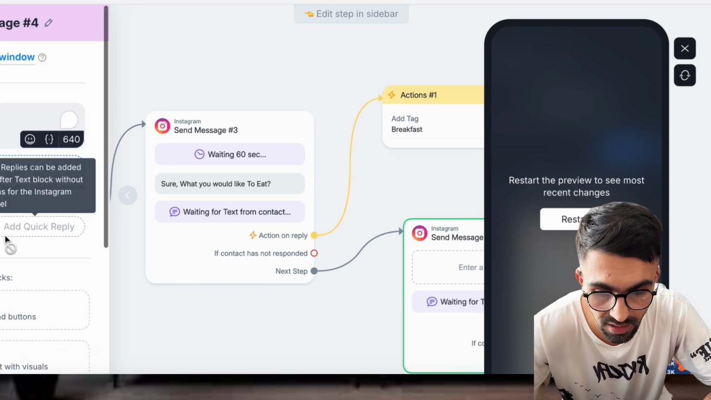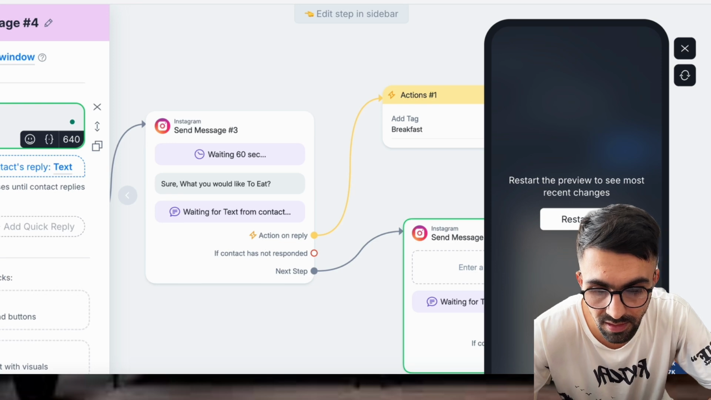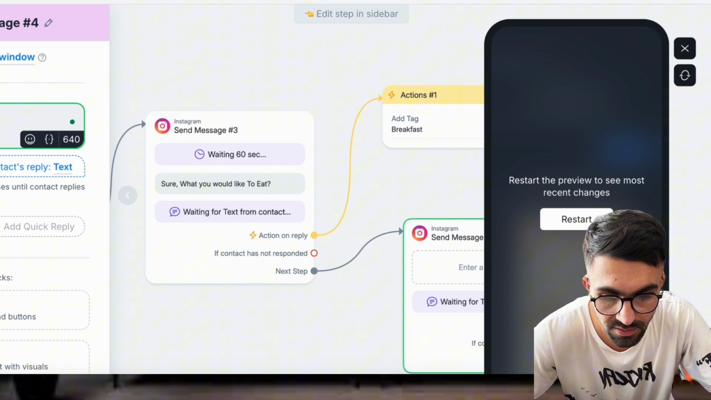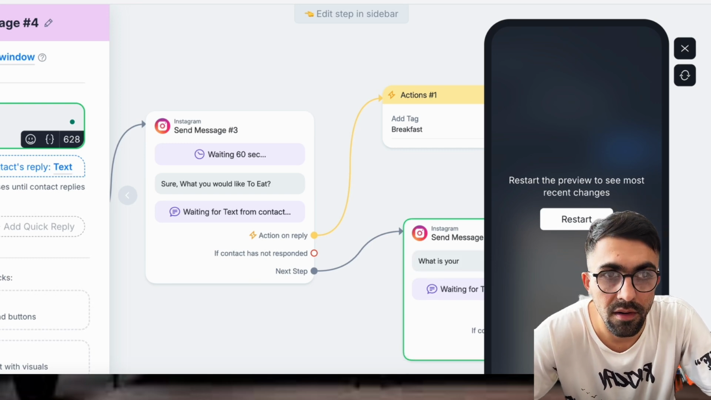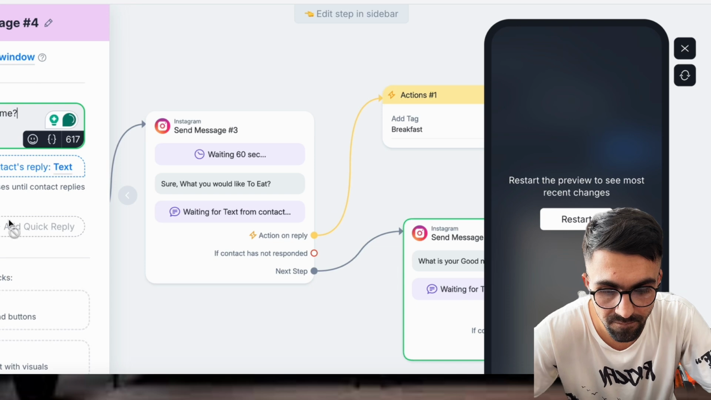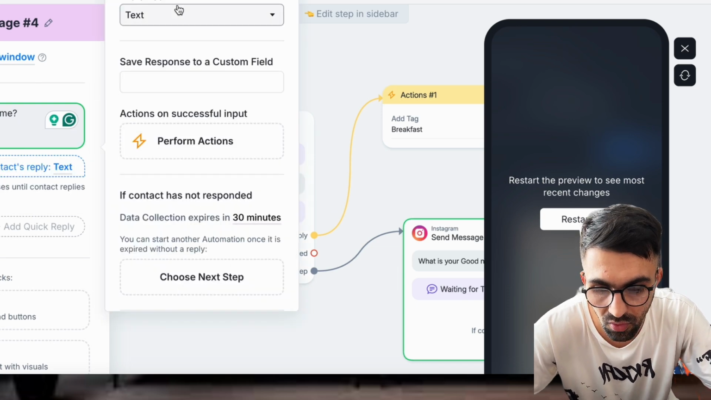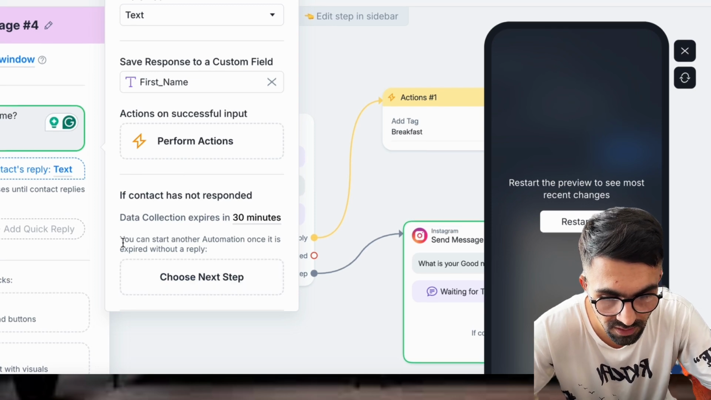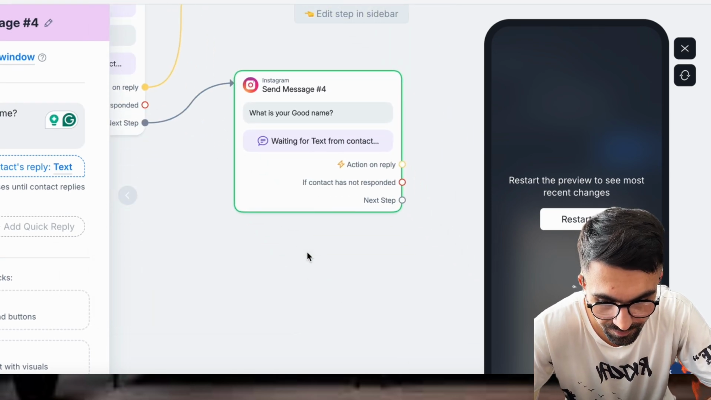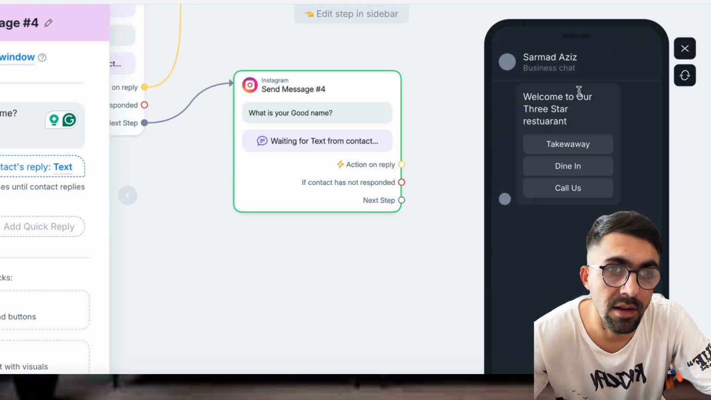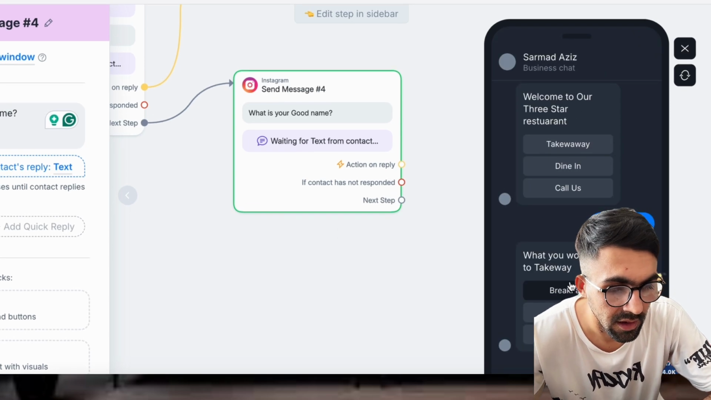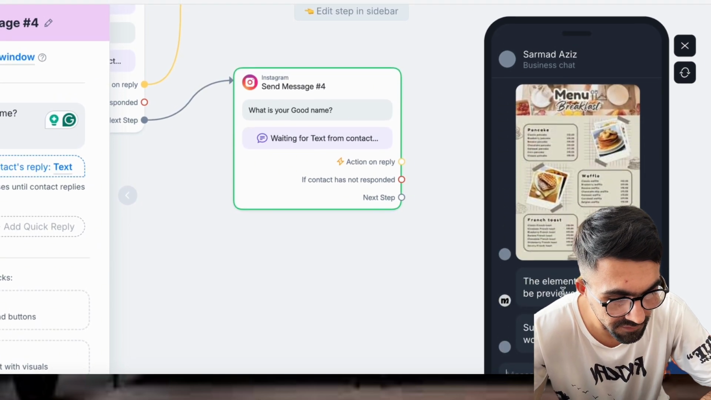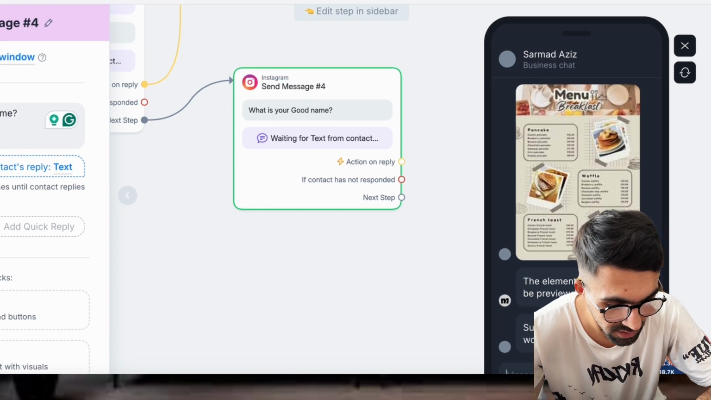Now here I can just ask for data collection, like what is your, can I ask your good name? What is your good name? And I will just go for contact type text, and here it will be the first name. This is as well set. Now we will just go again, takeaway, breakfast. Here is the menu, and after 30 seconds or like this, it will have sure